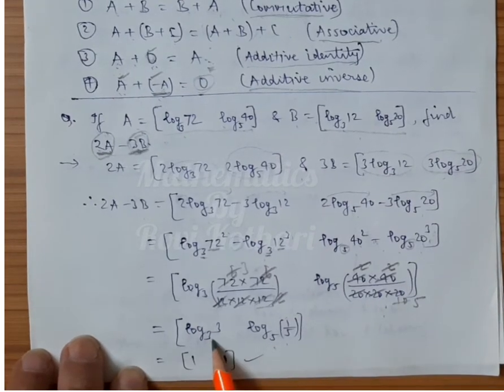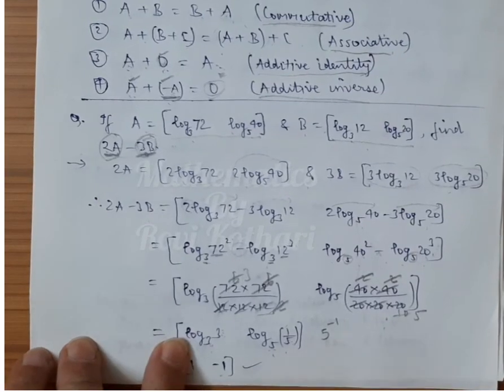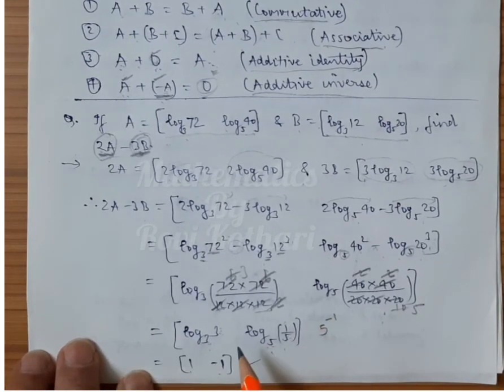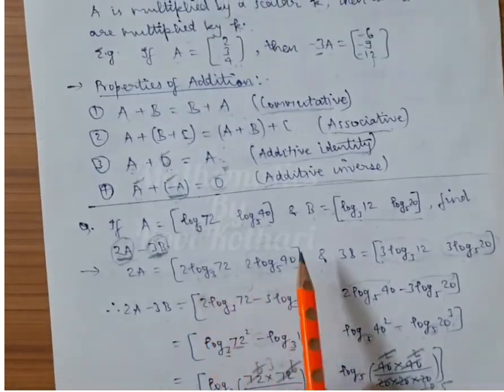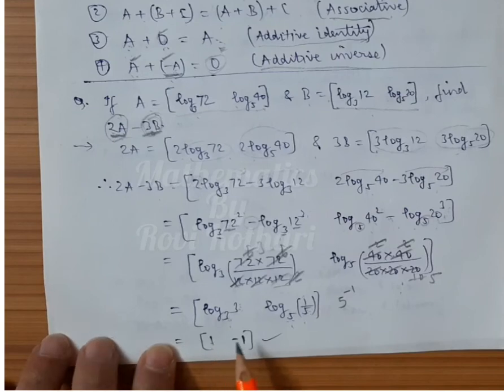अब याद करो फिर एक प्रॉपर्टी, जब ये दोनों सेम होंगे तो आंसर कितना आता है? 1. और जब ये दोनों रेसिप्रोकल है तो आंसर कितना आएगा? -1. क्योंकि अगर ये 5 होता तो आंसर 1 आता, लेकिन 1/5 क्या होता है? 5 की पावर -1. इसको ऐसा लिख सकते हैं कि नहीं? तो ये -1 किधर आ जाएगा? बाहर. तो आंसर क्या निकल के आएगा? -1. सो व्हाट इज द आंसर फॉर दिस पर्टिकुलर क्वेश्चन? द आंसर कम्स आउट टू बी 1, -1.